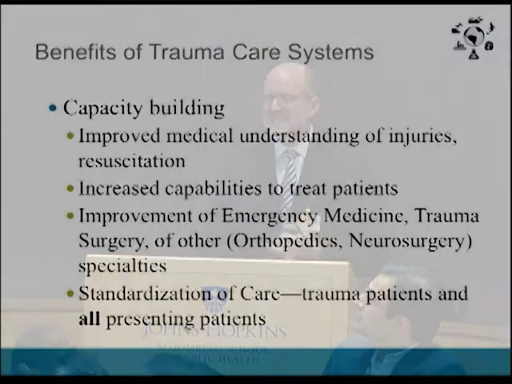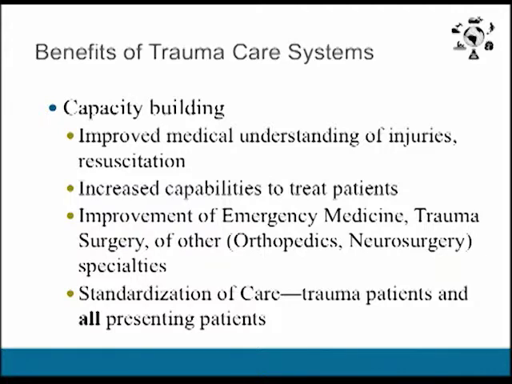OBGYN, cardiac emergencies, surgical emergencies all have improved outcomes if you have an EMS in place. You also build capacity through trauma care systems. People get a better medical understanding of injuries and resuscitation. You have increased capabilities to treat patients. You have improved emergency medicine departments, improved trauma surgery departments, better orthopedics and neurosurgery departments if they learn to care